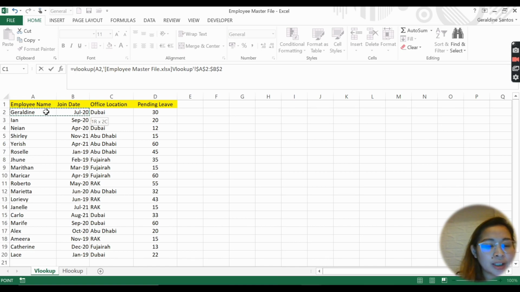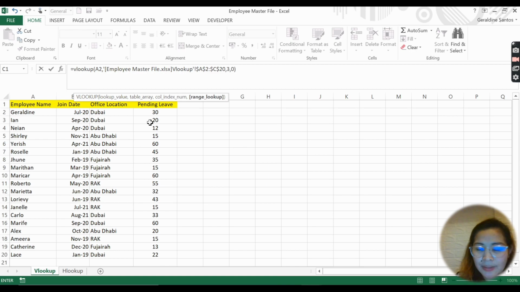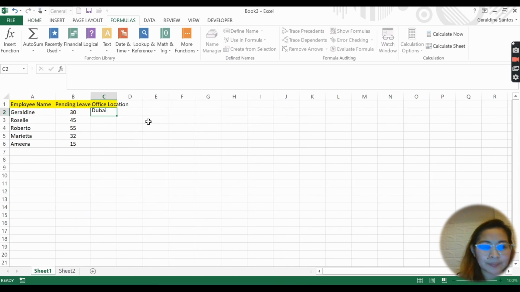So it will be 1, 2, 3. See, it is in column 3 until last, comma, column 3, comma, 0, close parenthesis, enter.